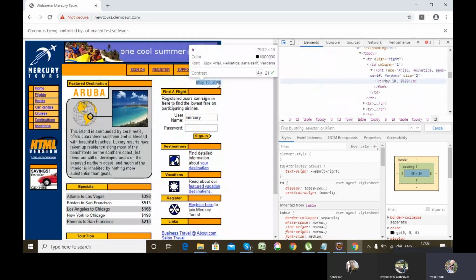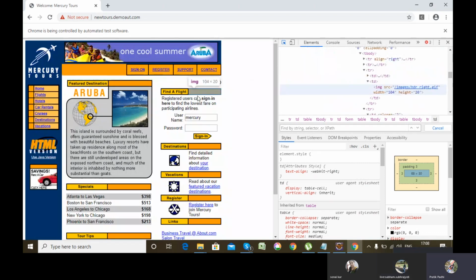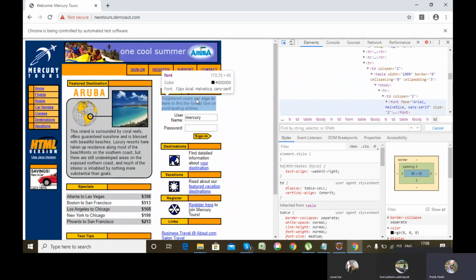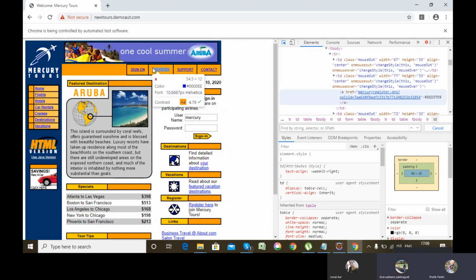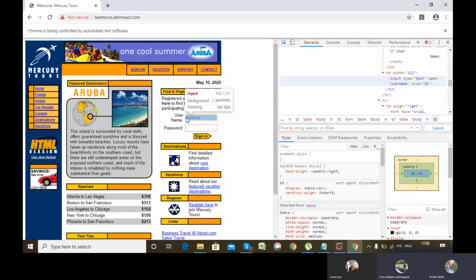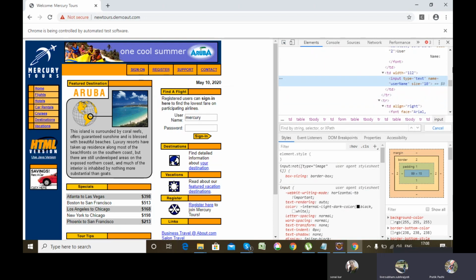This is also visible text. This is also visible text. Anything that is visible to me in the web page is a visible text for me. This is also a visible text, right?